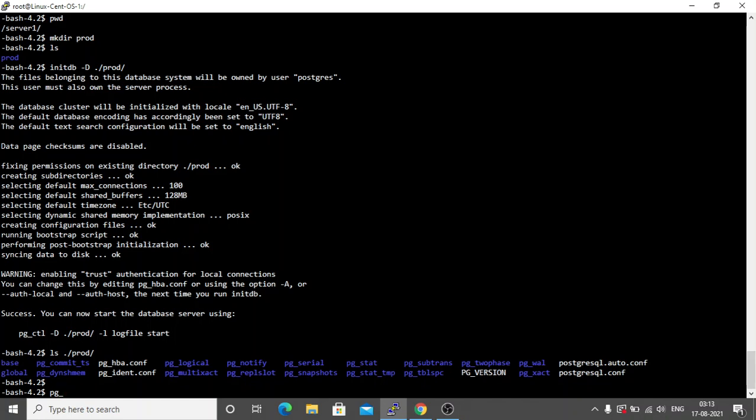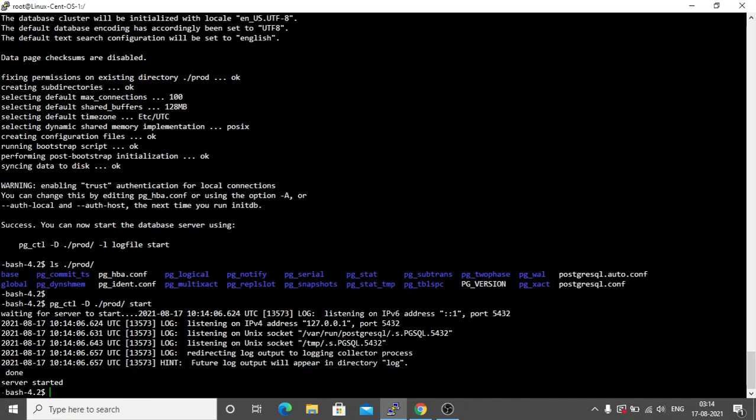We will start the database from this cluster using the pg_ctl utility. pg_ctl -D, directory path. We are in the current directory prod, and enter start. This will start the database of this production cluster. Start, and the server has started.